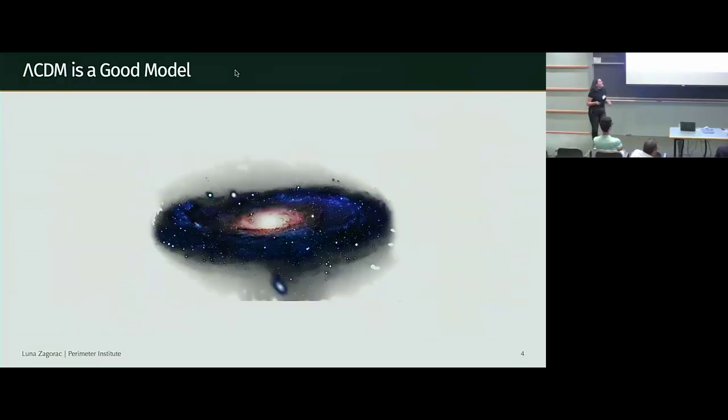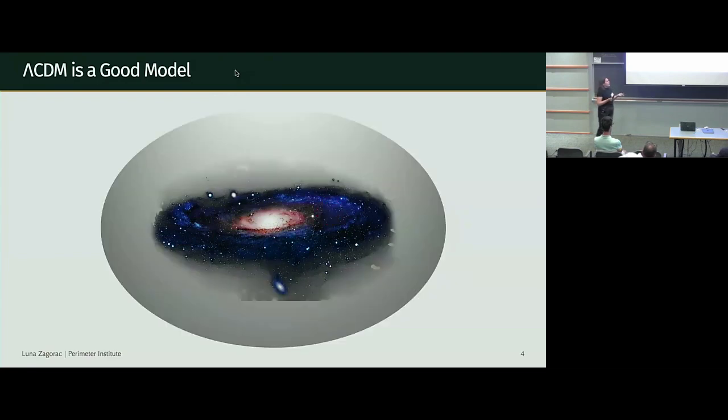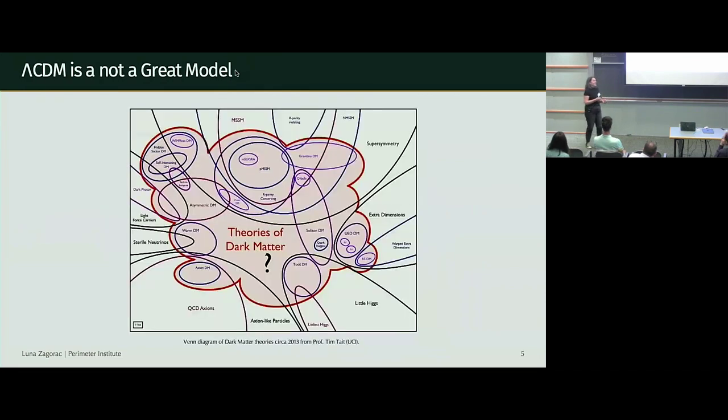All right, so ultralight dark matter, what is it? This is maybe preaching to the choir here, but nevertheless, I like to start with the idea that lambda CDM is a really good model, right? That's why it survived so long. A lot of these observational results are coming up lambda CDM, and so it tells us that in a galaxy where we live, there is this dark matter halo that lives around the regular matter or the visible matter or the baryons or whatever, right? I'm completely discounting any modified gravity or MACHO ideas here for the duration of this talk. If you want to fight me on that, come fight me after.